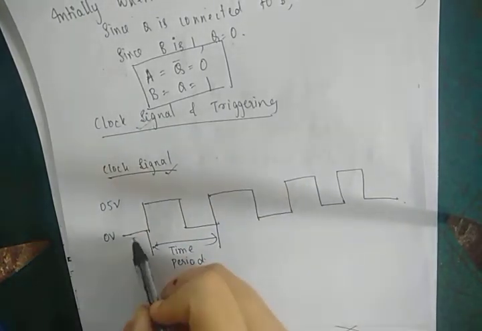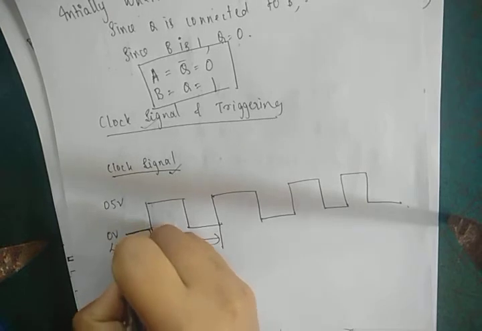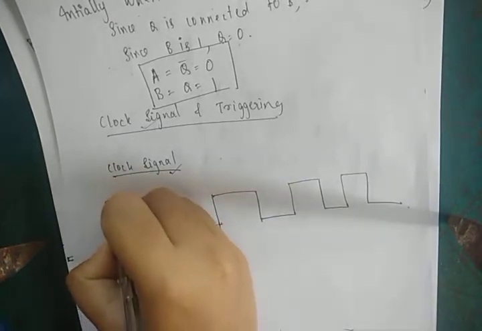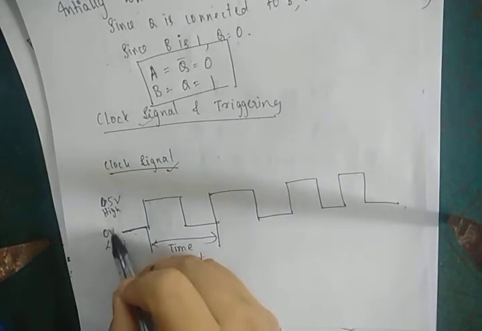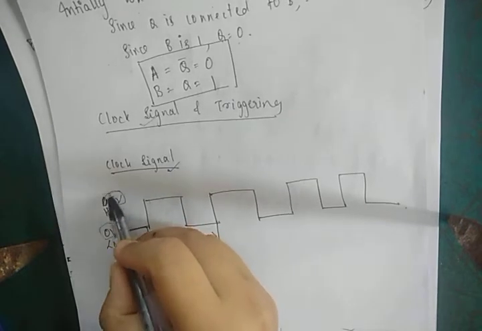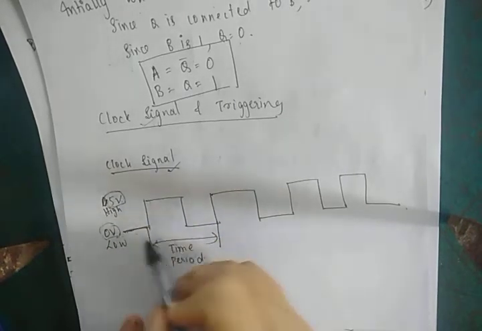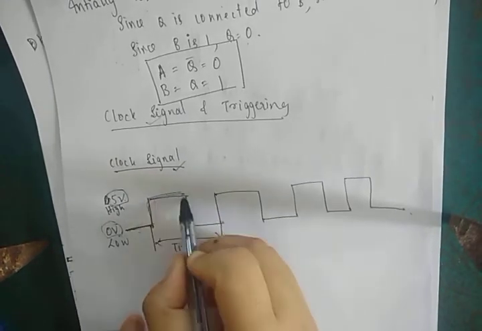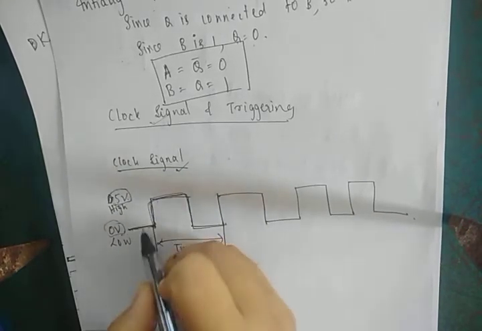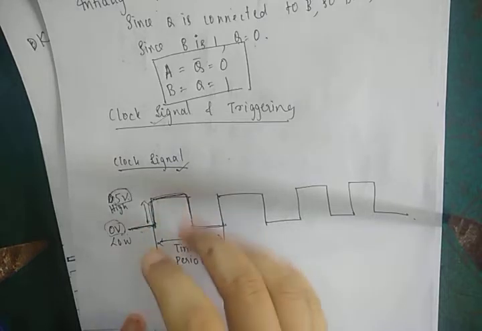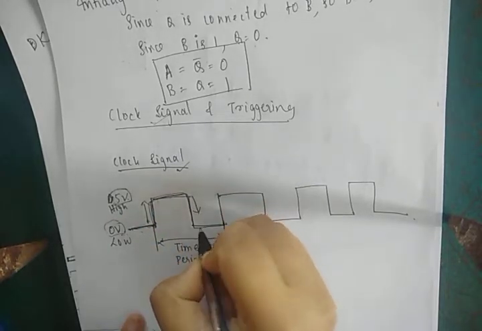Imagine this is a clock. This is low. This is high. I consider low as 0 volts and high as 5 volts. Now this is a clock: up, down and up, down. One up is called an up clock, and this is called a down. One up means going from low to high. Going from high to low is down.